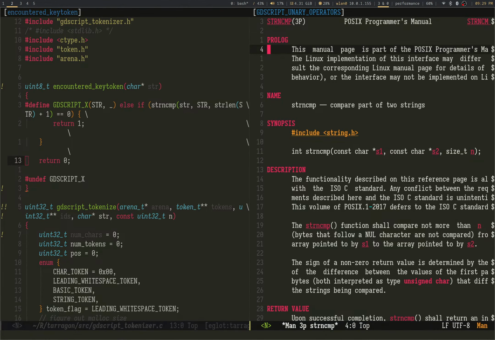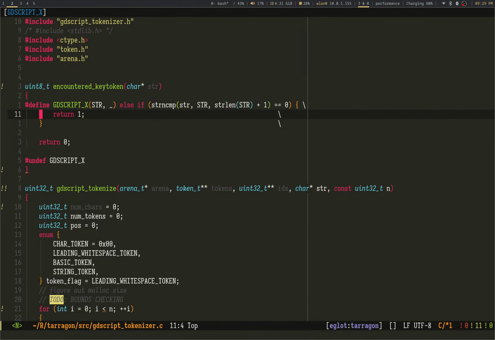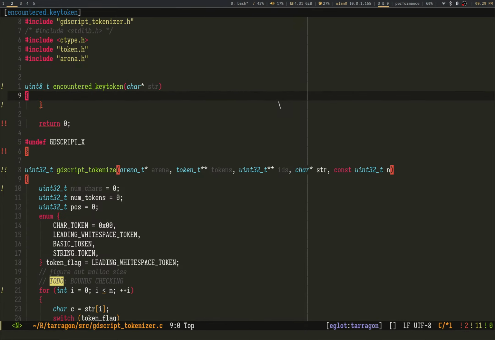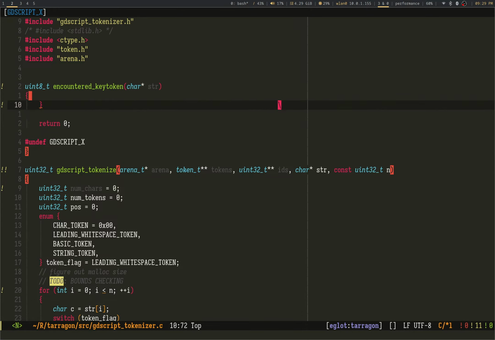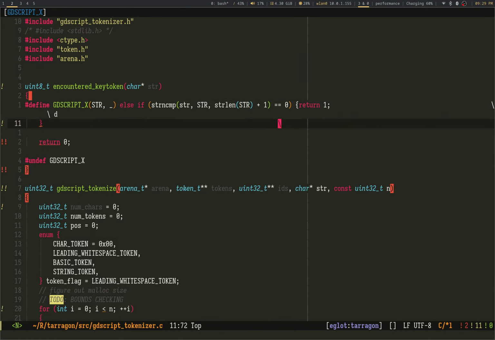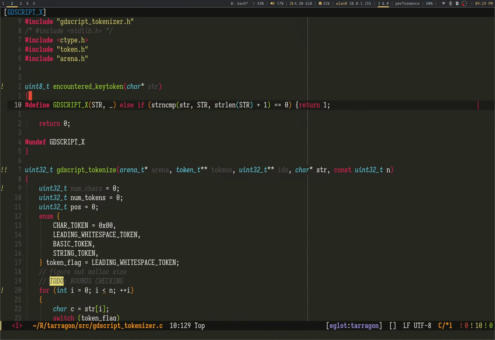That did not help with readability. Oh my god. I should keep that. That did not help with readability. Wow.